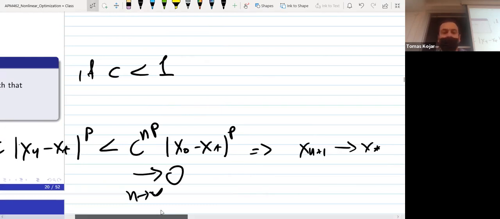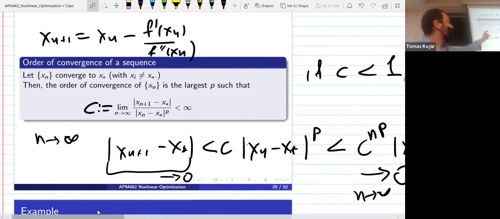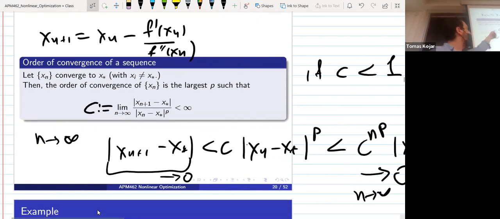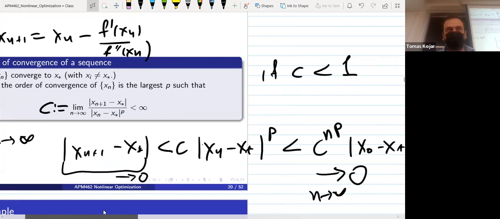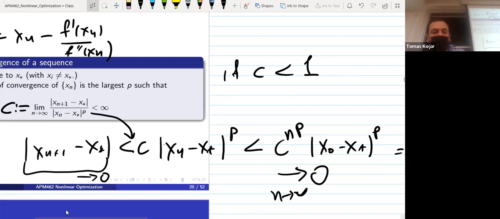Okay, so let me repeat. I'm not going to prove it, I just give you some intuition. So this is called the order of convergence constant, this ratio of limits. Try to remember the ratio test. This is just the ratio test from first year, and the proof is actually the same. So this implies this. There's some error, I'm not going to put the error, it doesn't matter. And then if you keep reiterating,